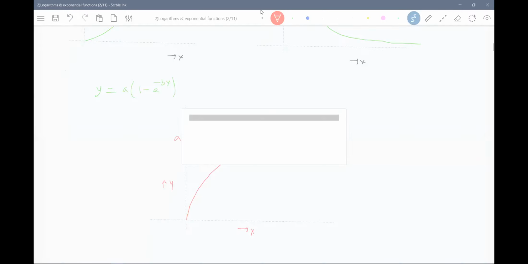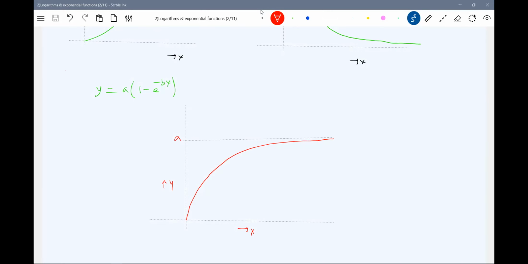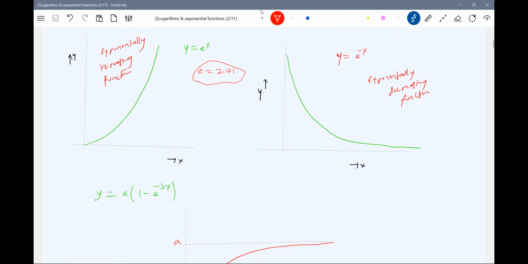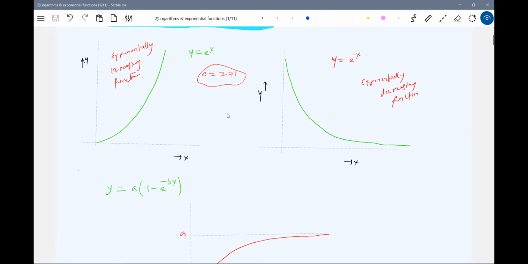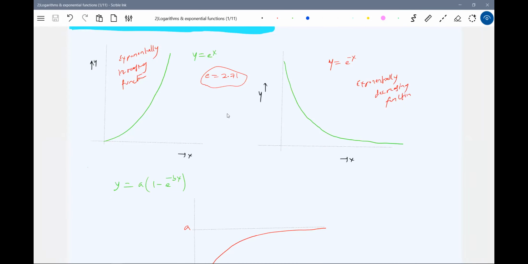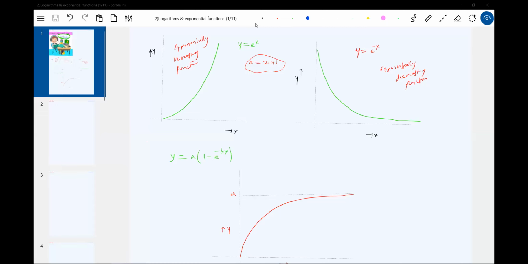If you see most of our physics, we will be dealing with this, because most of the quantities which are there in nature do vary in this kind of way. Where do you see exponential increasing and exponential decreasing? Almost in all the topics of physics, and they are related to the real nature. The exponential gives us information regarding how a quantity grows or decays in nature. That particular information is available from this exponential.